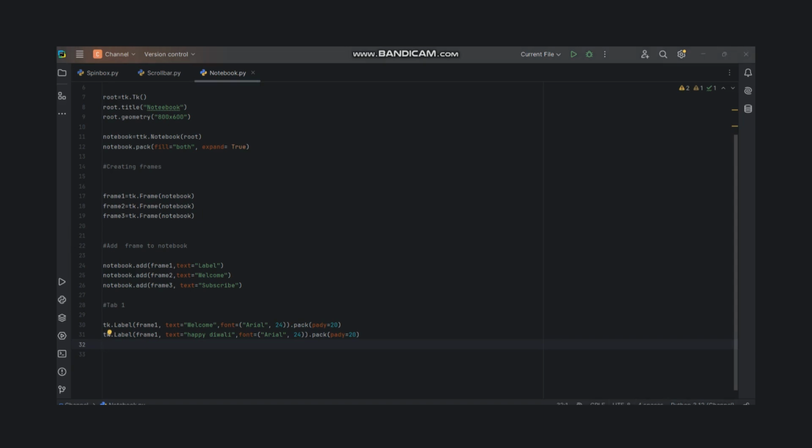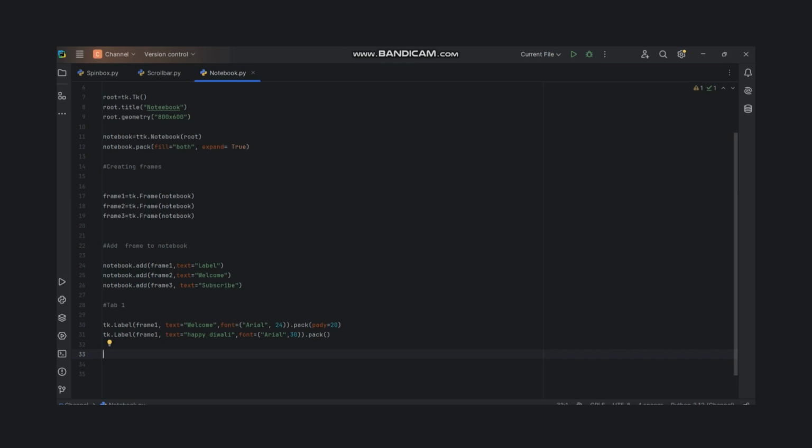Then now we don't have to mention here pad. हर जगह pad हम pad ही mention करें. That's not so important. So we are just closing it here. इसका size थोड़ा सा कम कर देते हैं just to make कि थोड़ा different दिखे. Happy Diwali. So yeah, let's just increase the size. Let's say we'll mention 30. Done. So this is it. हमारे यहाँ पे पहला जो है टैब क्रिएट हो गया है।